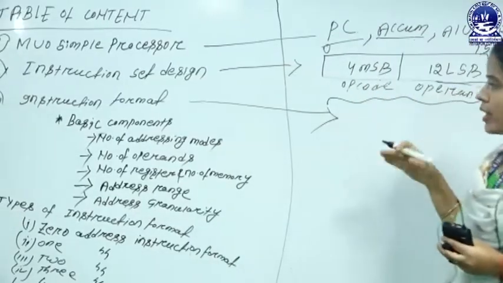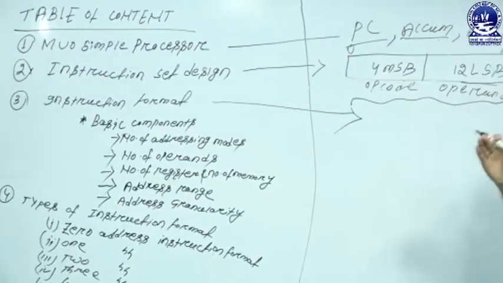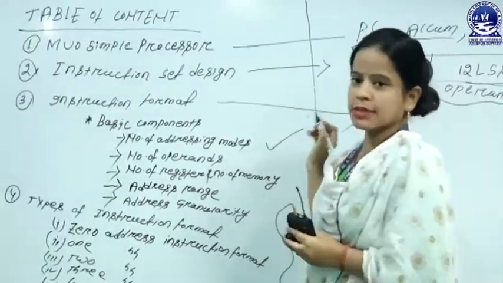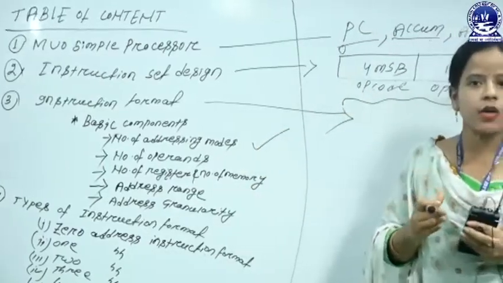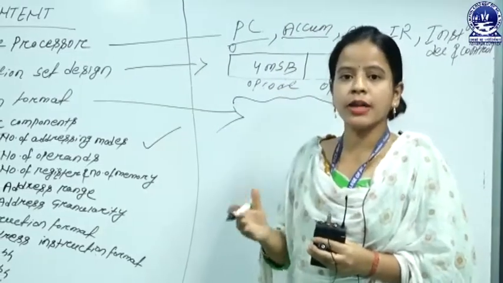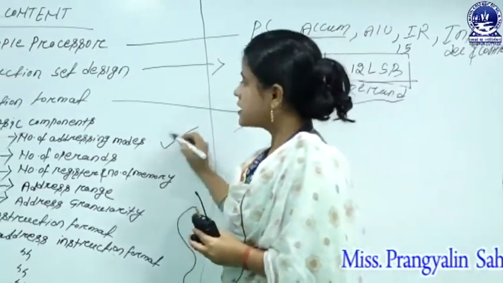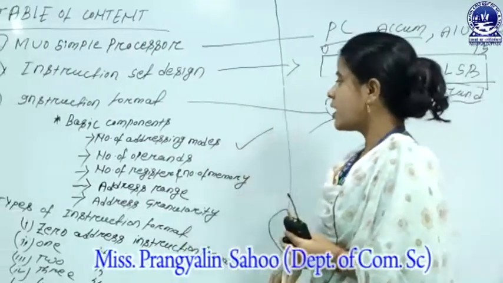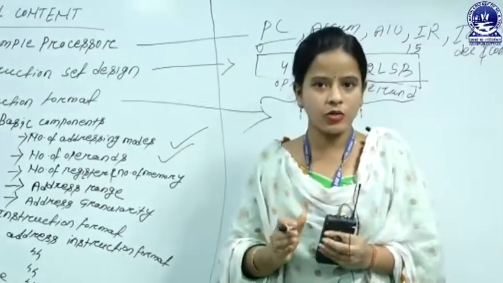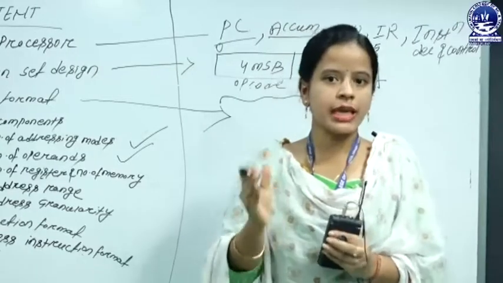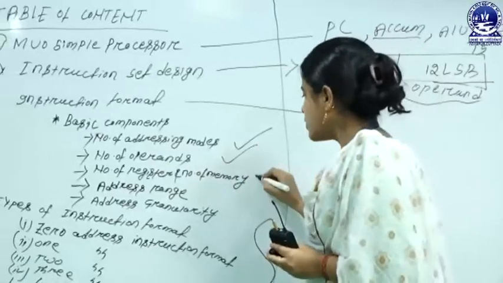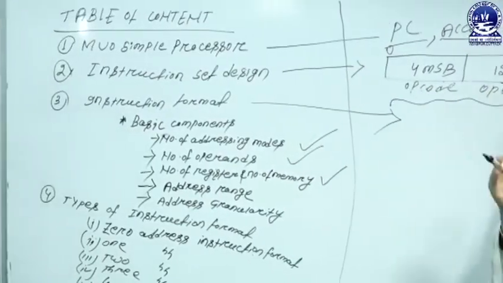Generally, when instructions are represented in different formats, it uses some basic components. The first one is the number of addressing modes. That means whenever we supply the operands or data values, how the data value is specified is normally represented using the addressing modes. Now go to the second basic element, that's your number of operands, that means the number of data values. As we know, an instruction is always executed by operating on some data values, that's your operands. Now go to the next term, that's your number of registers and number of memory.